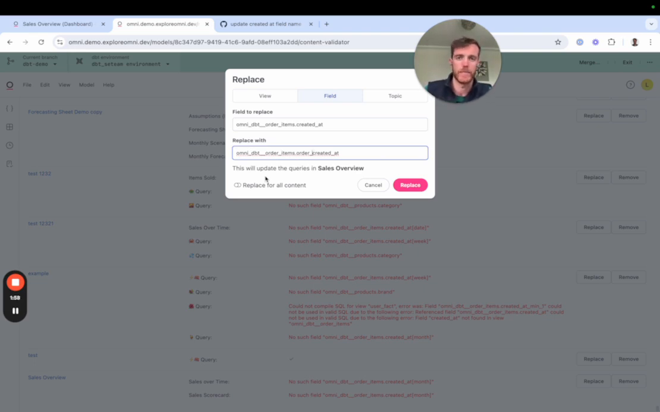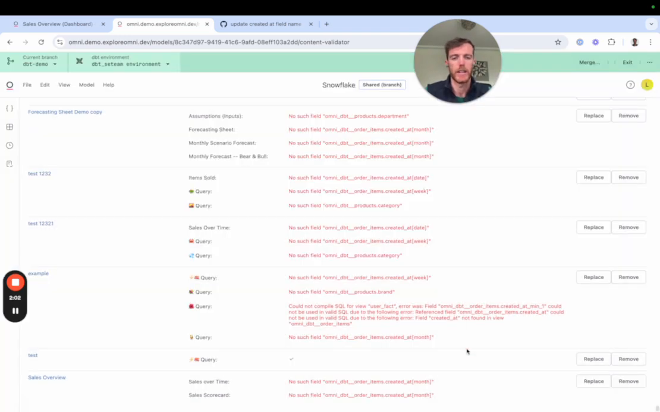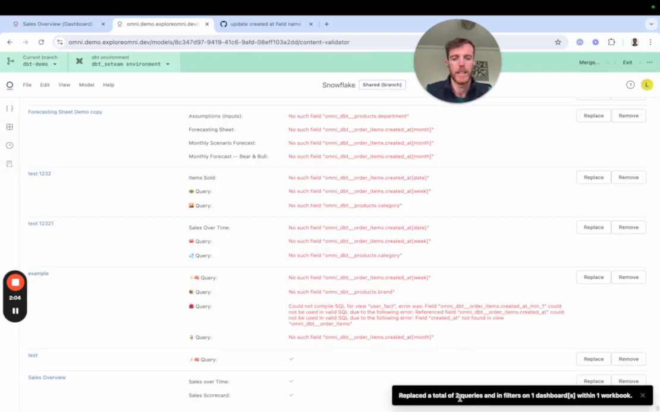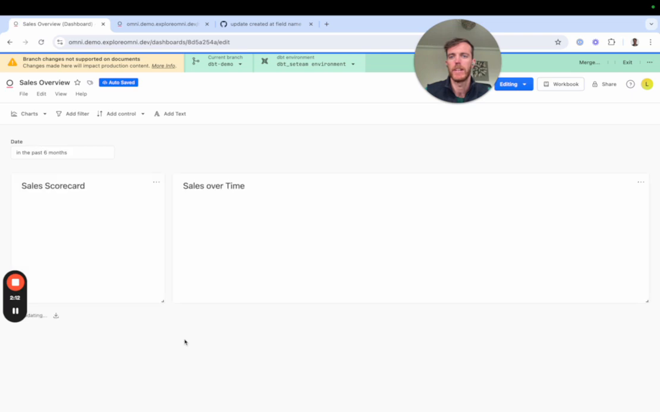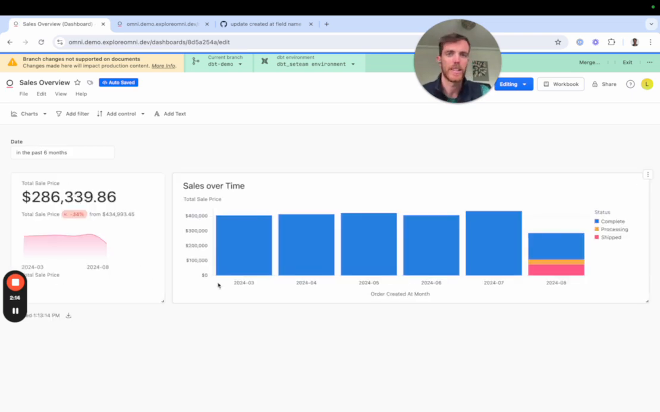In this case, I just want to apply it to this particular piece of content. So I'm going to go ahead and click replace. And what that's now doing is it's going to update those two queries and also the filter on that dashboard. So now if I jump back over onto my dashboard here and refresh it, both of these now work pointing